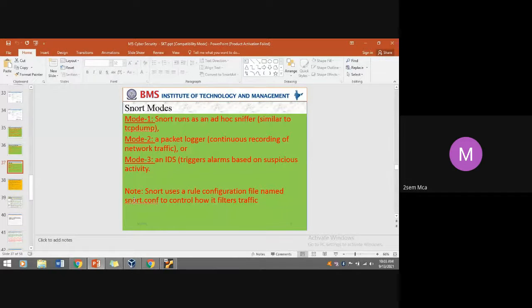Snort works on different operating systems like Windows. It also works on Linux based operating systems. Usually most organizational implementation servers use Linux based machines. So the Snort configuration exists in the etc directory.